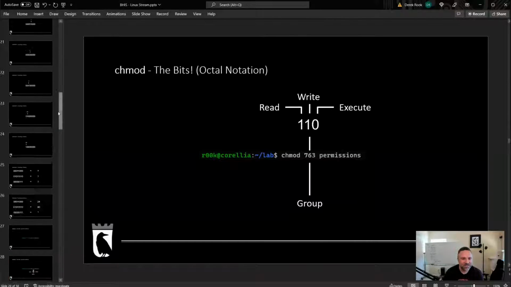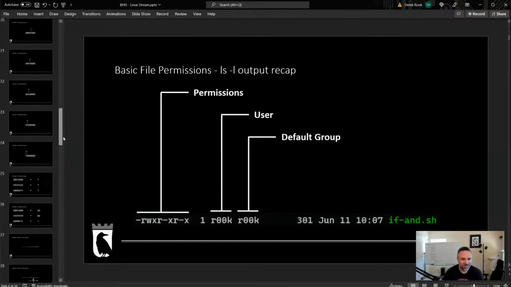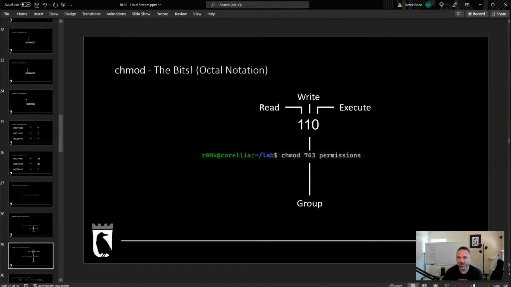If we look at this right here, we see that the read bit is the first one, the write bit is the second one, and the execute bit is the third one. So that translates directly to the read bit being the first number left to right, meaning the 4s place, write bit being 2, and execute being 1. So a 6 is setting the read bit and the write bit in that place.